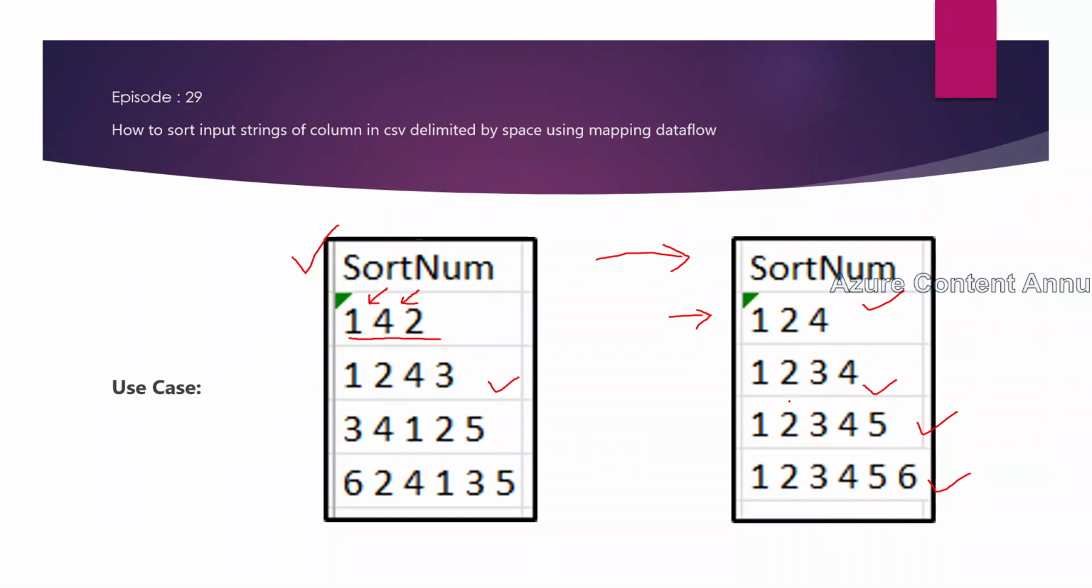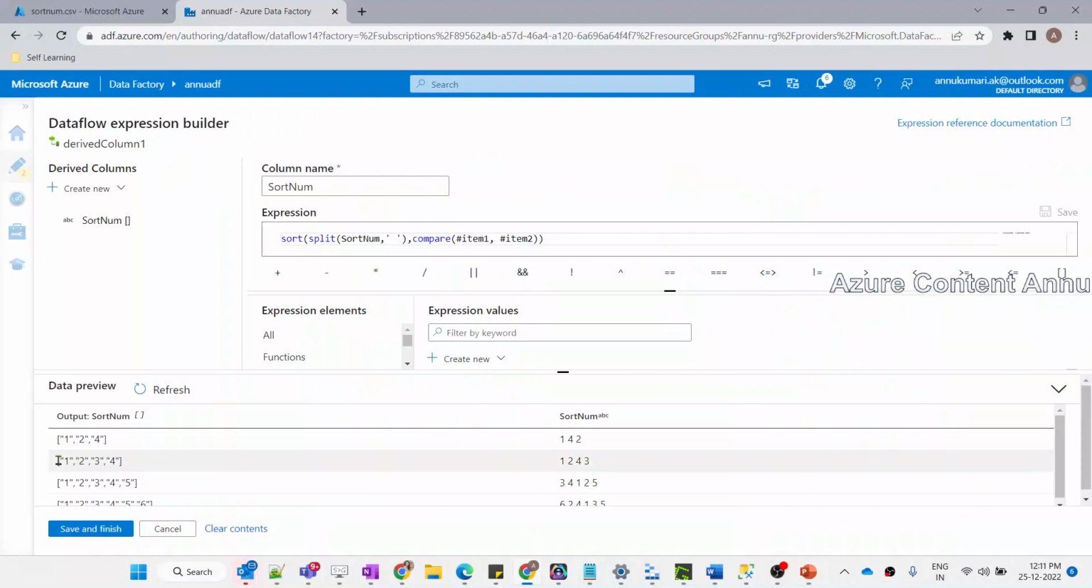So you can see we just need the string data: 1 2 4, 1 2 3 4, 1 2 3 4 5, 1 2 3 4 5 6. We just need to remove the extra quotes and these brackets and commas. Okay, so for that I'm just going to replace all these symbols with an